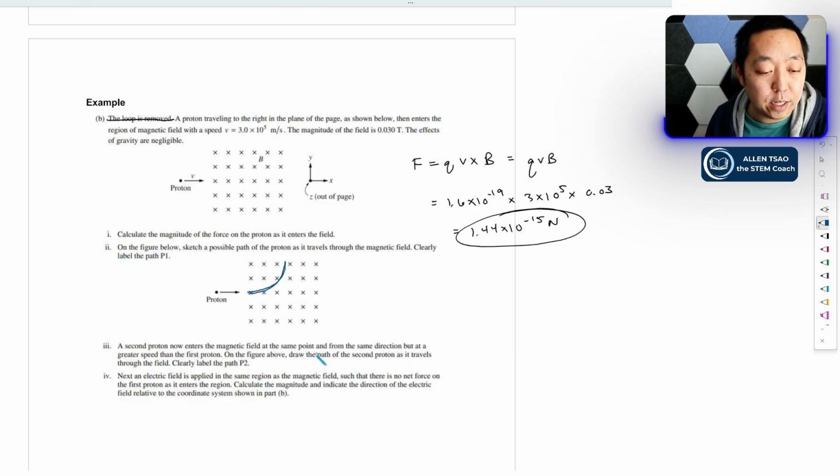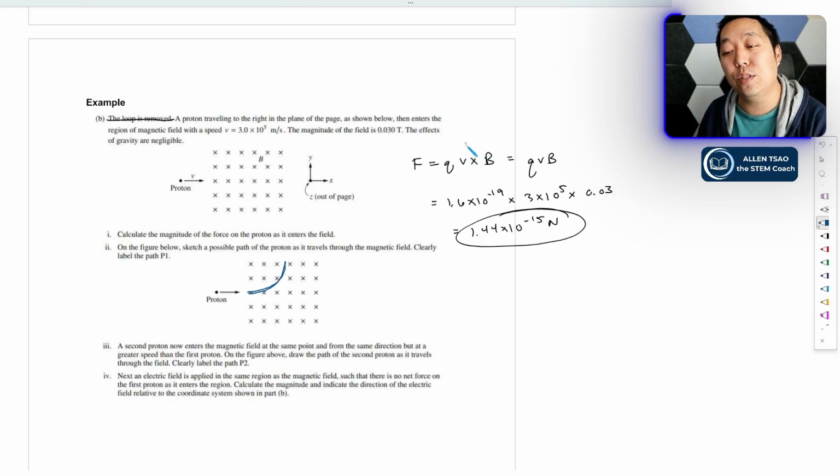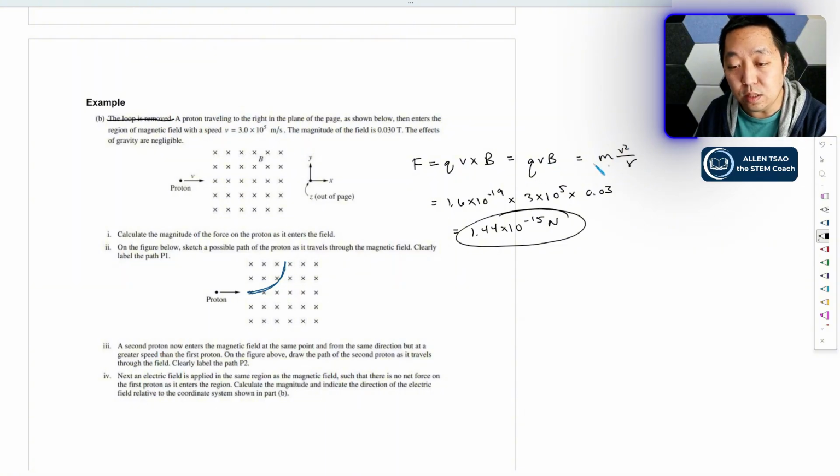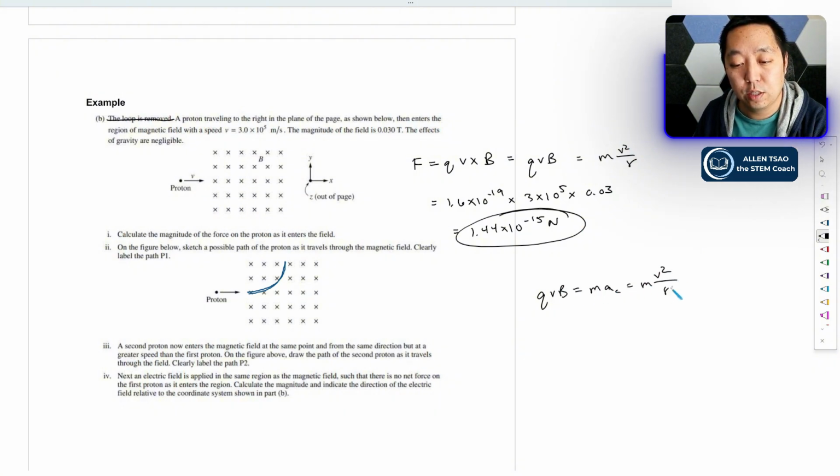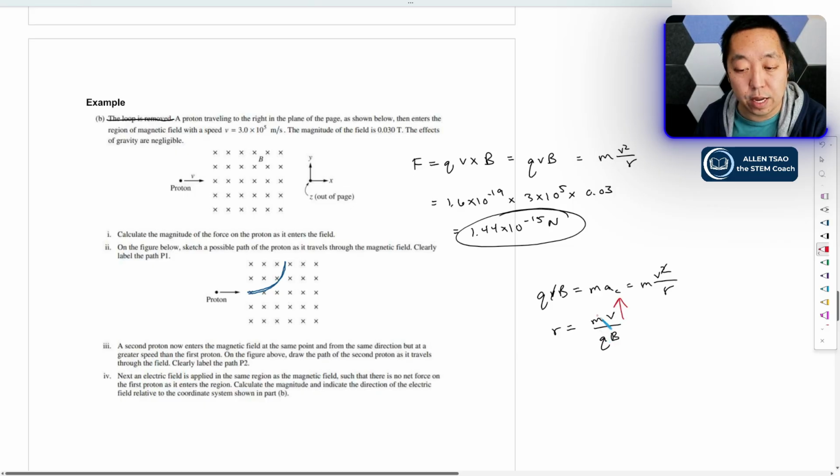A second proton now enters the magnetic field at the same point from the same direction but at greater speed. Greater speed means it's going to have a greater magnetic force. If you think of this as equal to mv squared over r, that's one way to look at this relationship. To find the radius of the circle, qvB equals m times the centripetal acceleration, mv squared over r. One of the velocities cancels, so r is equal to mv over qB. As you increase the speed and everything else stays the same,